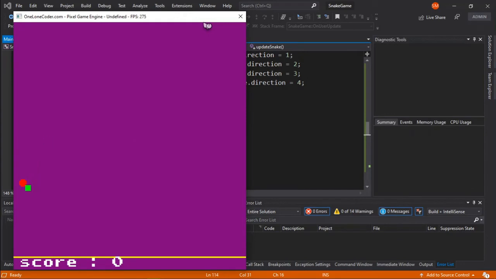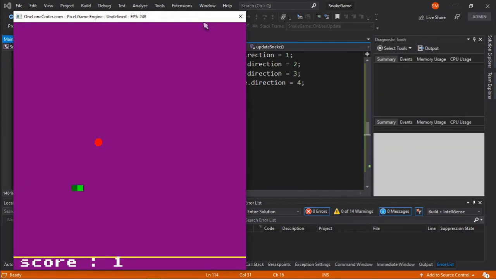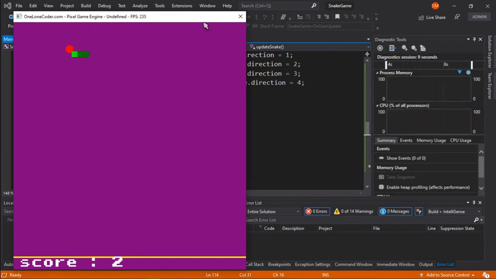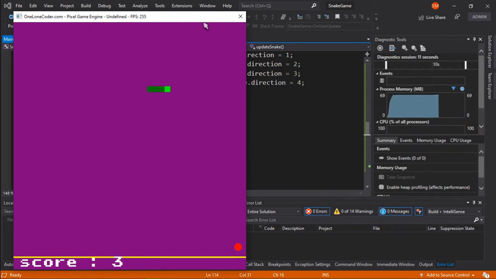So as you can see, the score is right there at the bottom of the screen, and as you can see, the score is increasing as our snake is eating and eating and eating like this. So the score went to 7, and now